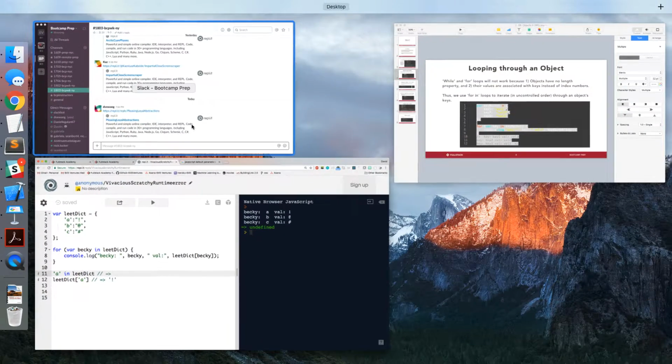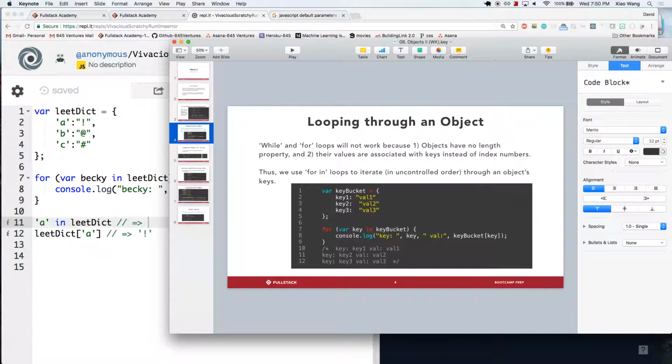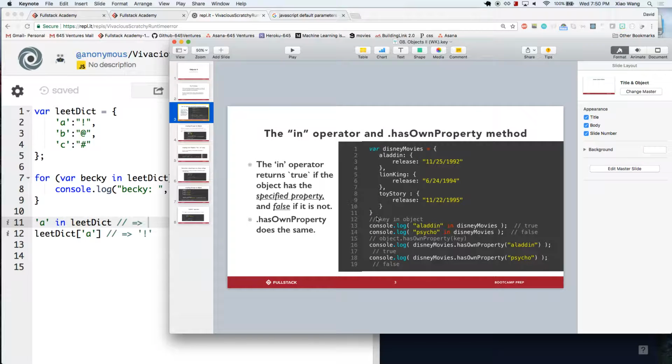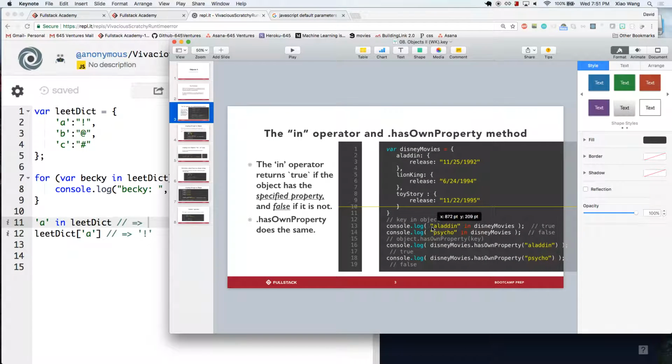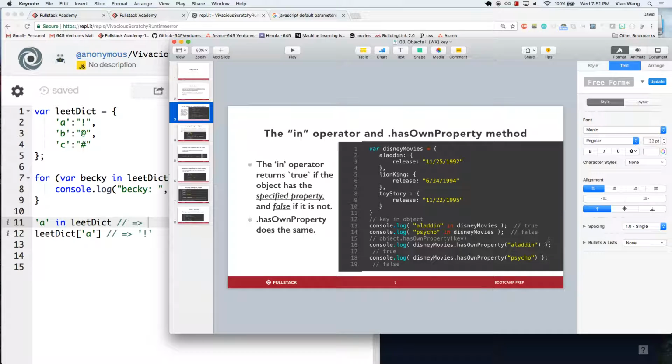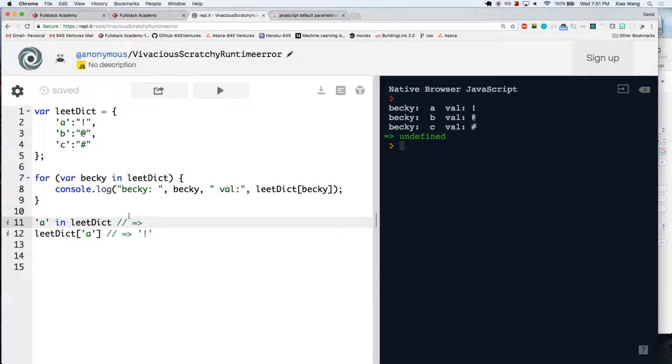Right. So if we just go back to the last slide, those two lines right there, the in operator by default helps us verify if a certain key is in this. So this will give me true, because in my LeadDict object, there is this key A, and it exists, and it has a value, so it's true. Now, when we wrap this inside of a for loop,